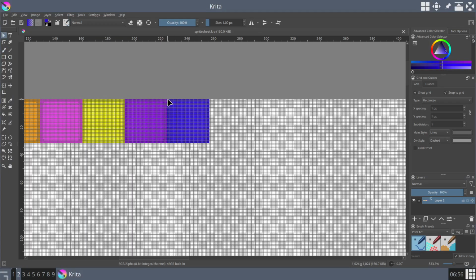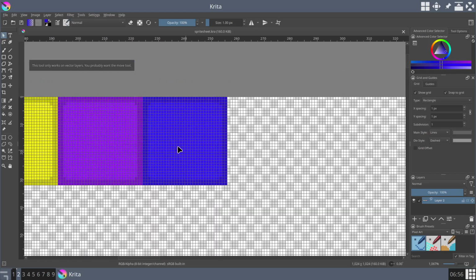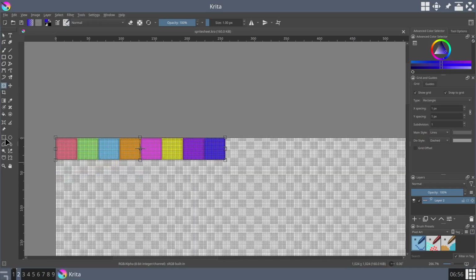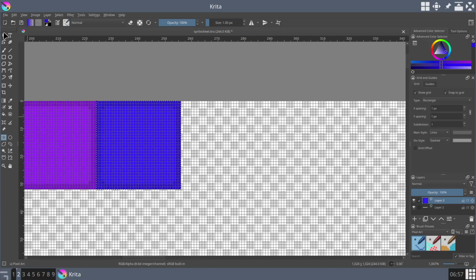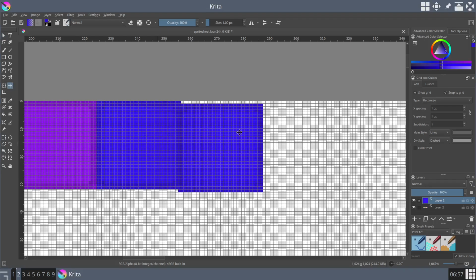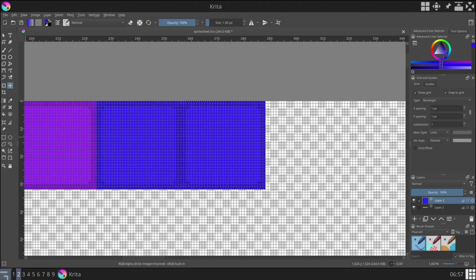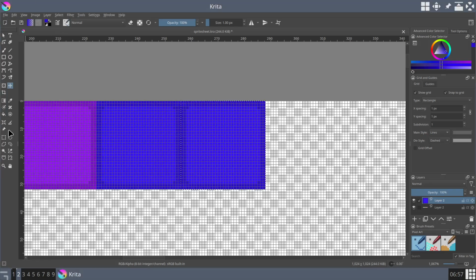Can I copy paste? No? You probably want the move tool. How do I grab an area? Transform a layer or selection? No. Not this. Is that snip an area? Yes. So if I snip that, copy, paste, drag, no. Move. You over there. And then